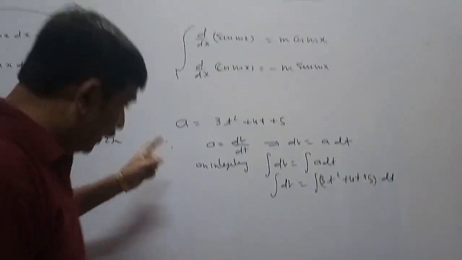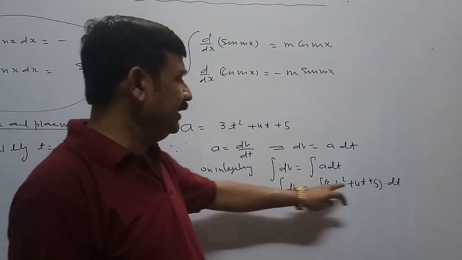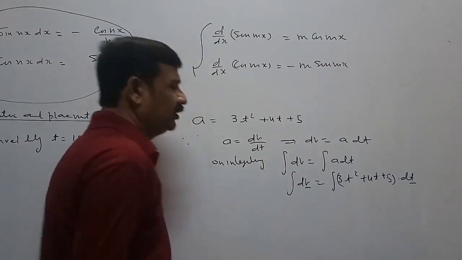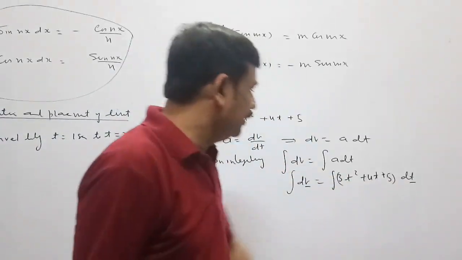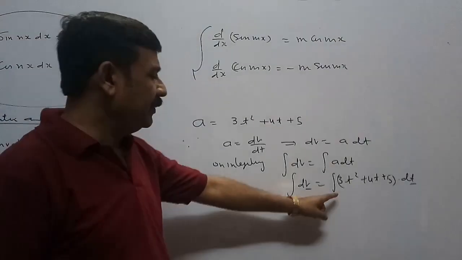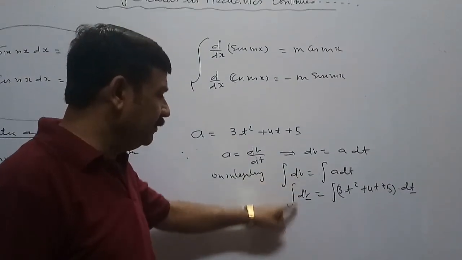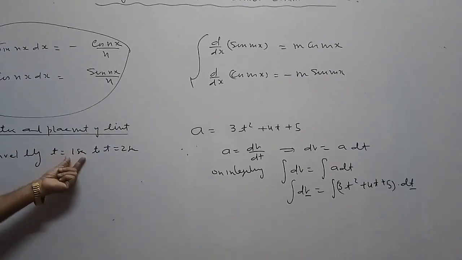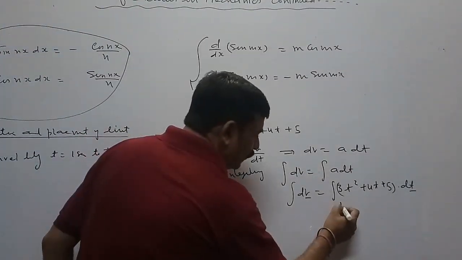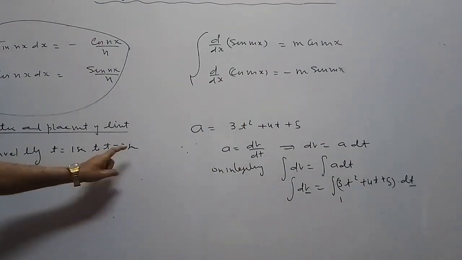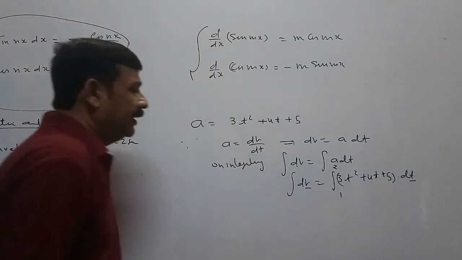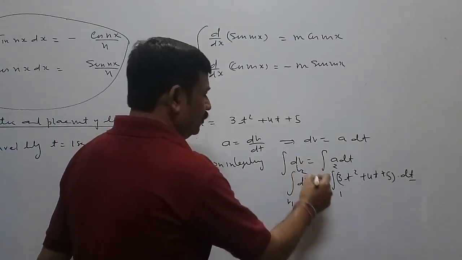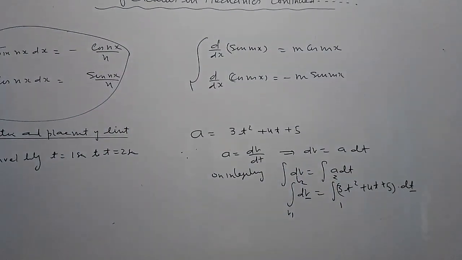One more point: towards the right side we are integrating with respect to t, and towards the left side we are integrating with respect to velocity. राइट साइड में टाइम वेरिएबल है, लेफ्ट साइड में वेलोसिटी वेरिएबल है, तो यहाँ पे टाइम के लिमिट्स प्लेस की जाएंगी और यहाँ पे वेलोसिटी की लिमिट्स प्लेस की जाएंगी. जो आपको टाइम इंटरवल दिया गया है t इज इक्वल टू 1 सेकंड से 2 सेकंड, इसमें लोअर टाइम है 1, लोअर लिमिट हमेशा नीचे रखी जाती है, तो यहाँ पे लिखिए 1 बिकॉज़ लोअर टाइम 1 है, अपर टाइम 2 है, तो यहाँ पे लिखिए 2. लेट व्हेन टाइम इज 1 वेलोसिटी इज v1, and when time is 2 velocity is v2. This is called substitution of the limit.